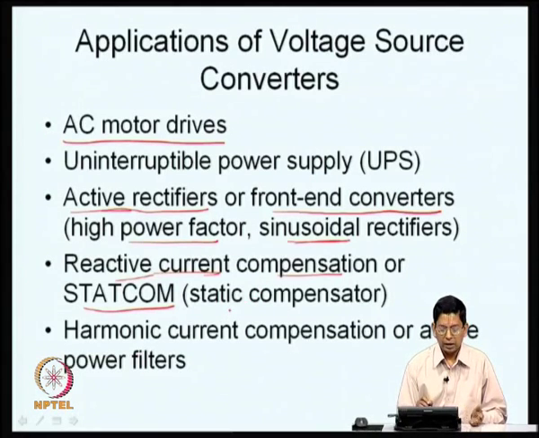Then it is not only reactive current, a lot of reactive current may be drawn by various other loads in the plant, and we are using a converter to supply a part of the reactive power. Now, we may also have loads which are actually drawing harmonic currents. The diode bridge rectifier itself is such a load. So, it draws quite a lot of harmonic currents now, and these harmonic currents have to be compensated for.